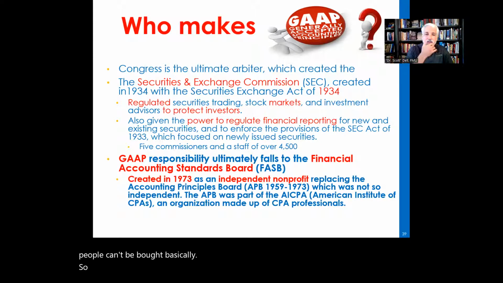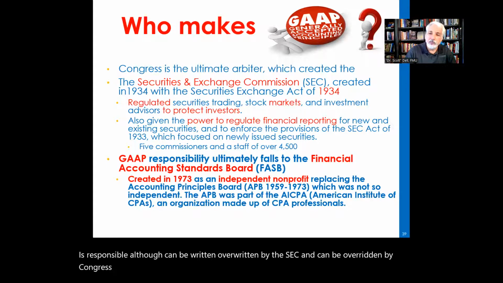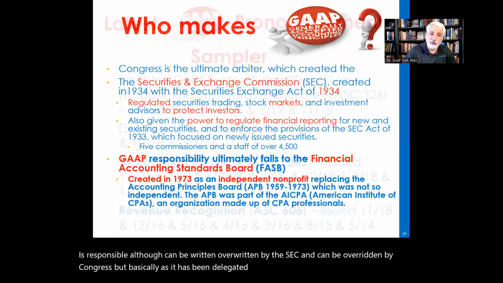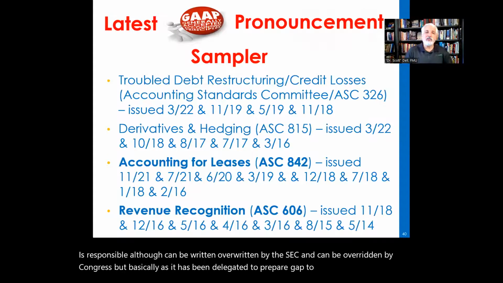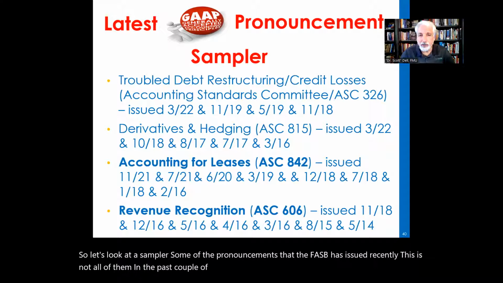So the Financial Accounting Standards Board is responsible, although it can be overridden by the SEC and can be overridden by Congress, but basically it has been delegated to prepare GAAP to the FASB. So let's look at a sampler of some of the pronouncements that the FASB has issued recently. This is not all of them in the past couple of years, but I picked a couple that, okay, troubled